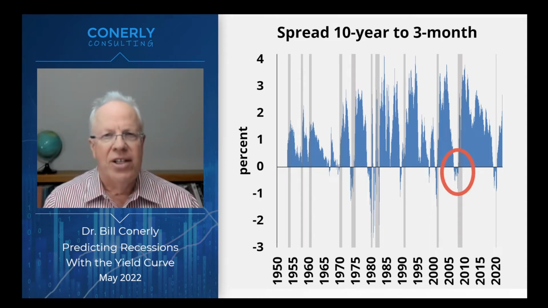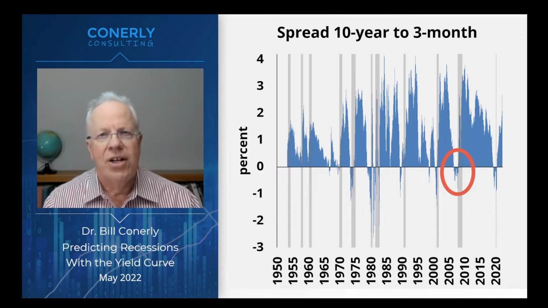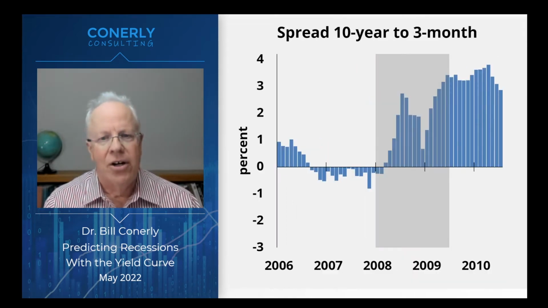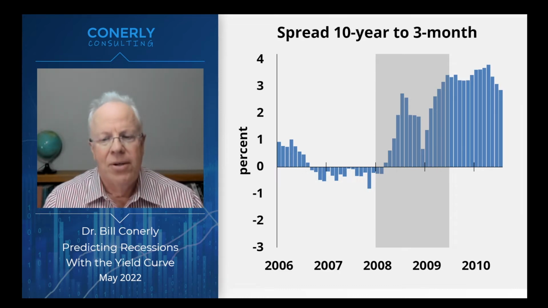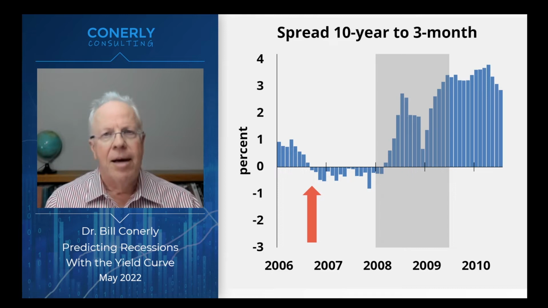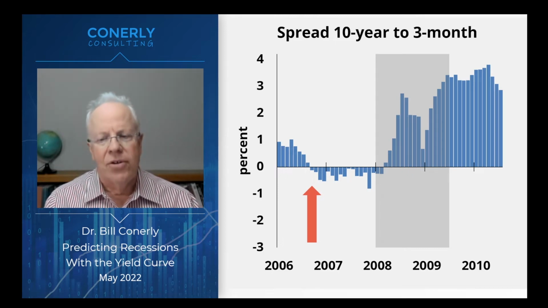Let's look at what happened before the 2008 recession. This area in the circle I'm going to zoom in on, and you can see that in the early months on the left of this chart, we had positive numbers. That means the 10-year bond was paying more than the 3-month bill. But then something happened. The yield curve inverted, and for a period of 16 months, it went negative until